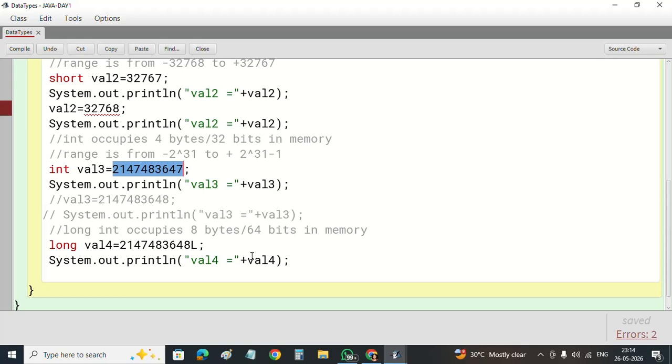Basically the number is int, but will be converted to long, and this conversion is supported by the compiler. Means the compiler automatically converts int type to long type. When you try to store one int type of value in a long type of variable, the compiler automatically supports this conversion, and this type of conversion from one type to another, which is supported by the compiler, is known as implicit conversion